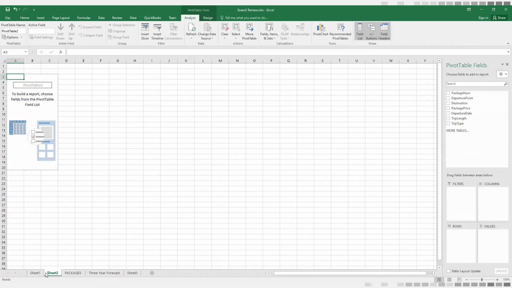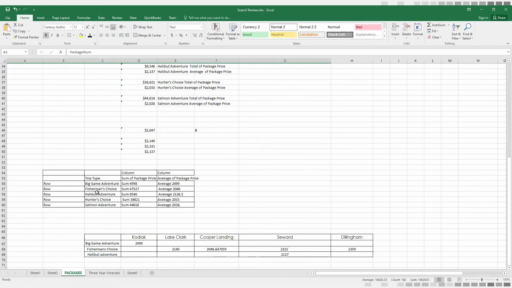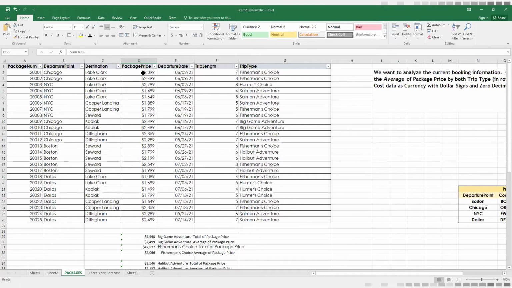Now let's go back to our original data, and we say that, hey, I want in my rows a trip type. I want to know the sum of package prices based on the trip types. Here I am just saying that I want to know what is the sum. So this column. Now understand that this is the actual dollar value. Whenever you create a pivot table,